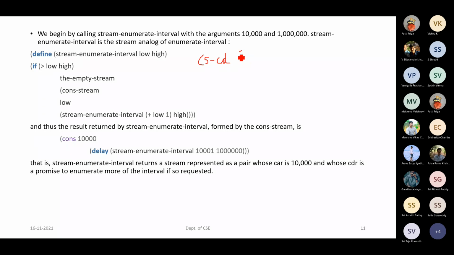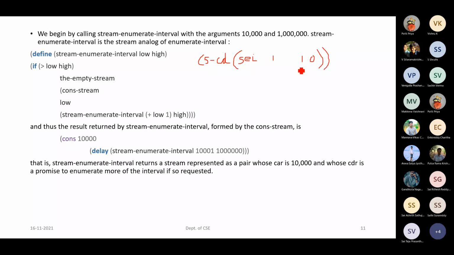So SCD of stream-enumerate-interval, SEI, I have written, where for the low value, instead of 10,000 and 10 lakhs, I'll make it 1 to 10, for easier understanding.